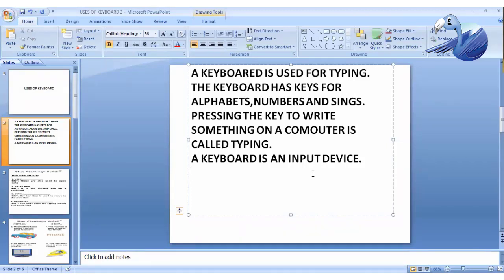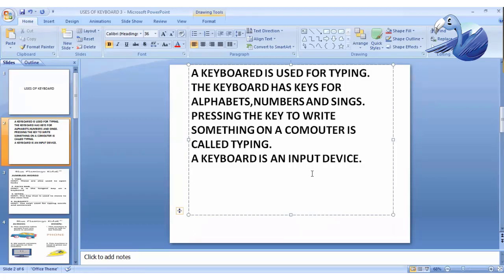That means it shows what we are doing, but the keyboard doesn't show us. The keyboard sends messages inside. Keyboard is an input device. Monitor is an output device.